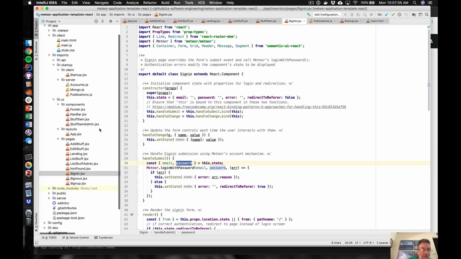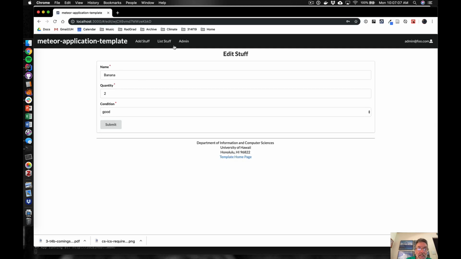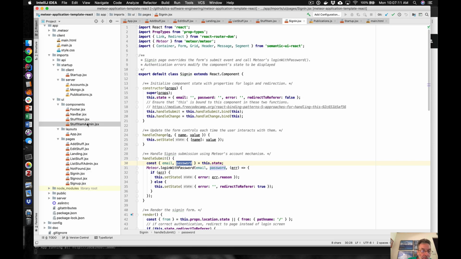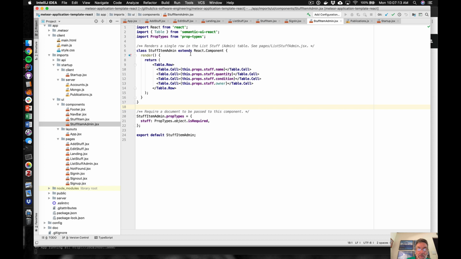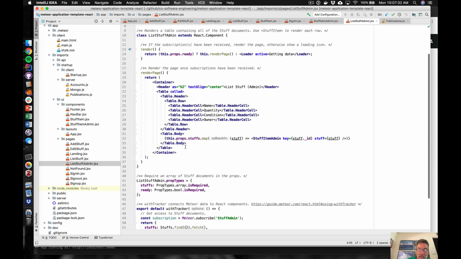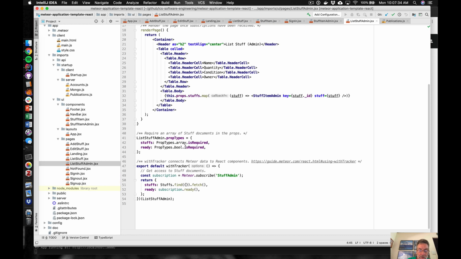What else do we have? We have this stuff item admin page. It looks like this. And if you go look at the component here, you can see it's pretty much just like the stuff item, except that instead of having a link to edit, we include a column in which we're specifying the owner of the item. Okay, and then here's the top level page. That was the component. Here's the top level page, and we're going to go through basically the same stuff,